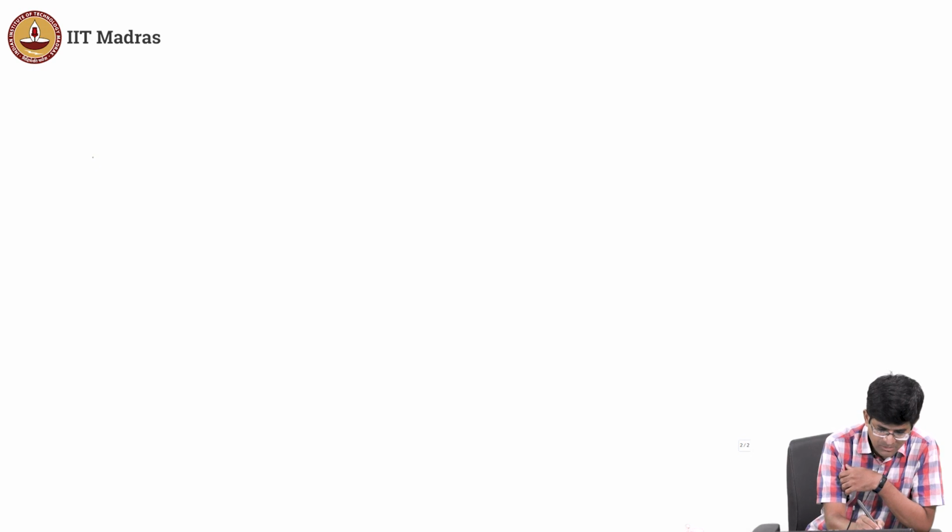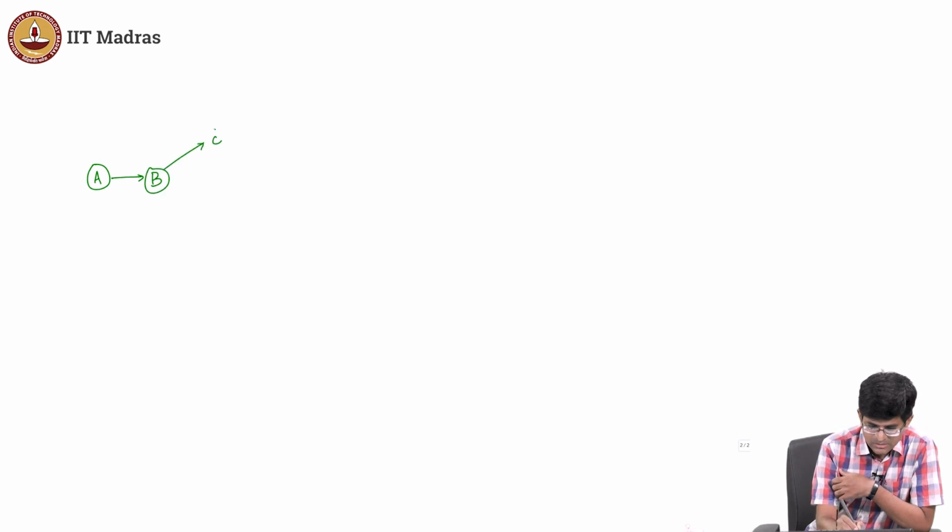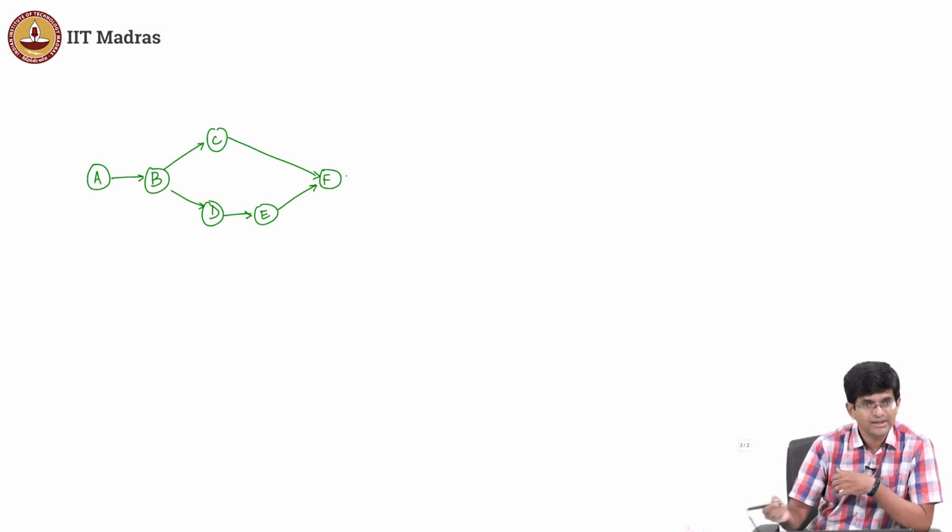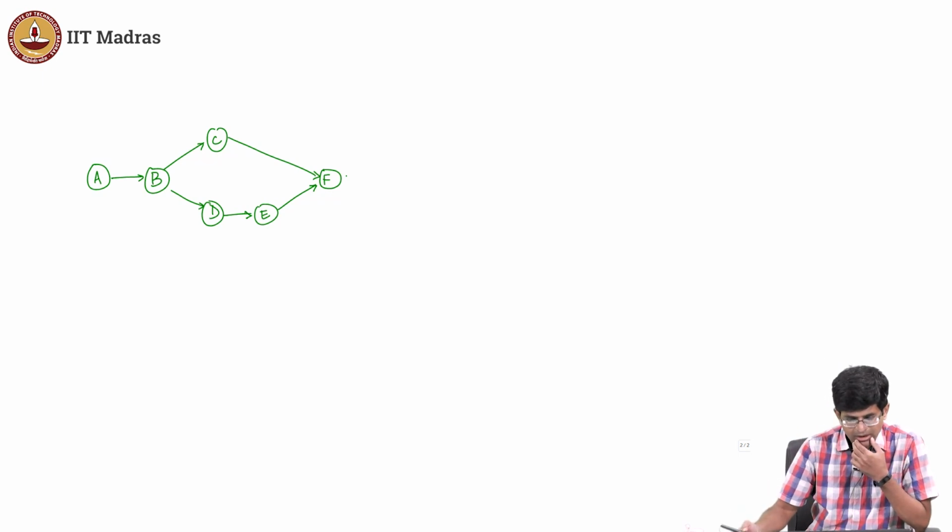I could, for example, build up a system where I have A feeding into B, and then B suddenly branches out, right, and then D maybe goes through a little bit more computation, but then at some point both of these feed back into a single system and then they combine, right. Now, how do you analyze a system like this? You can do something very similar, right. How do you first of all build such a system, right, and over here the shell pipeline starts breaking down, right. It's not easy to do it.